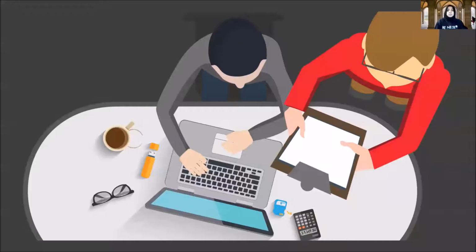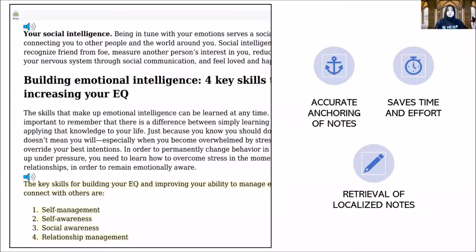To demonstrate the feasibility of the built voice note-taking system, we conducted a user study of 12 participants. Our study was structured to probe the potential opportunities and limitations of the prototype. The system was overall well perceived by the participants, with many agreeing that voice notes were being anchored correctly to the text passage. The implicit anchoring of notes saved readers time and effort during the note-taking activity.